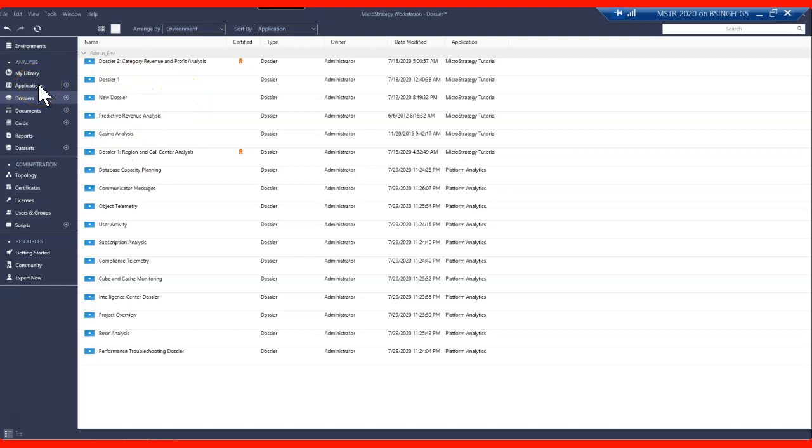And let's move on to another part: how to manage your reporting, how to share the reporting with other users. First let me show you how to share the dossier, and how you can share this dossier with other users from the workstation only. And before sharing the dossier, let me talk a little bit about what the dossier actually is.